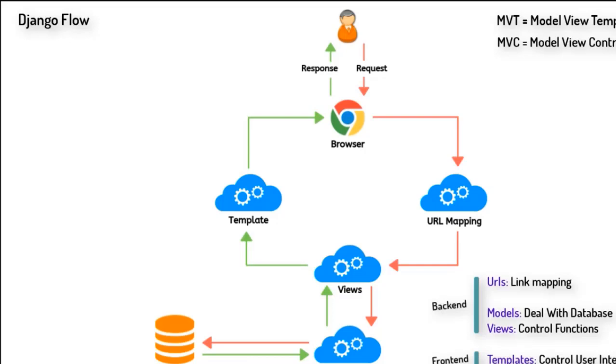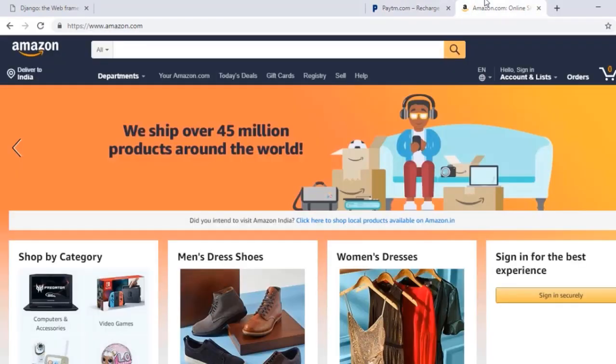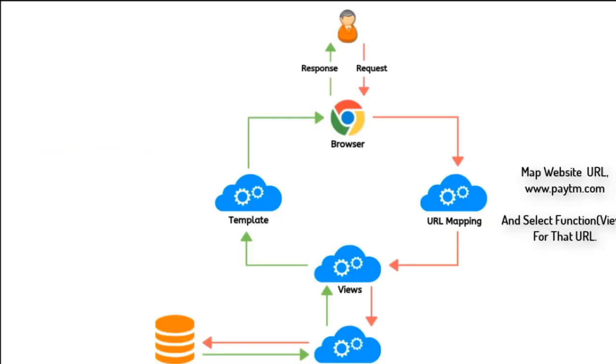So it is CMVT, which is controller, configuration or mapping, whatever you want to call it, then model, then view, then template. So what actually happens when you visit a website? Here, if I talk about two websites, that is paytm.com and amazon.com. I don't know if they are famous for you or not, but let us consider them as a site and not refer to their popularity. So the first thing is, whenever I visit paytm.com, my Django application first views this URL. That is, it maps, okay, I am on my home page. That is, paytm.com is the home page or index page for me.